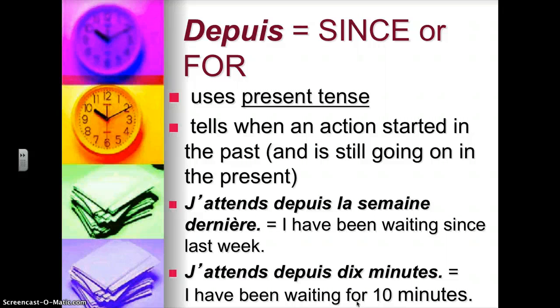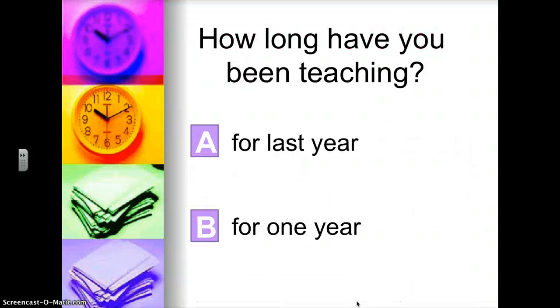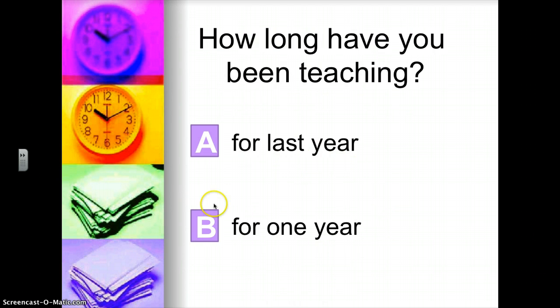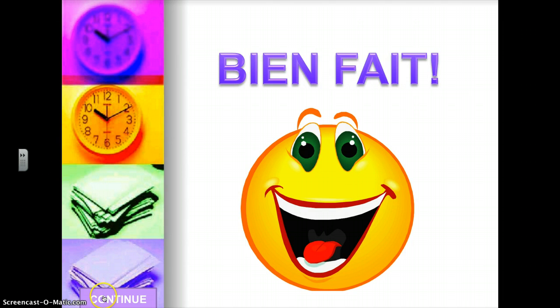Now, I got a little test for you. We're going to test your logical thinking. Okay, here we go. How long have you been teaching is the question that some people ask me. What would be a logical answer if somebody asked me, how long have I been teaching? Well, let's try this. For last year. Last year's a specific date. Oh, no, that makes no sense. All right, we're going to try again. How long have you been teaching? If I say how long, I want a length of time. So I'm going to say for 1 year. Yay, look at us go.